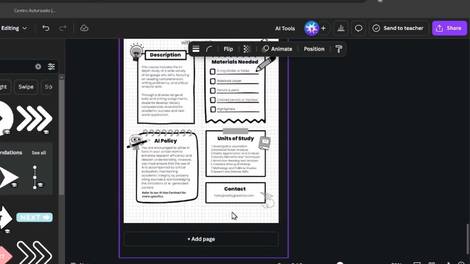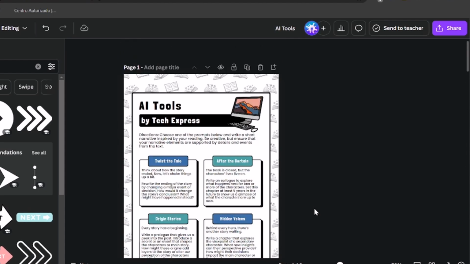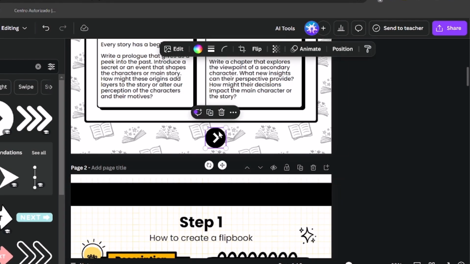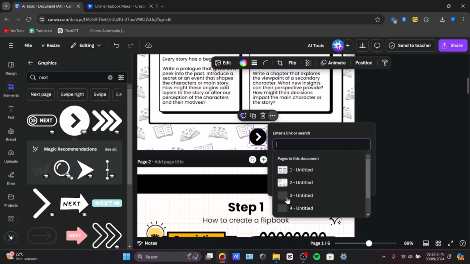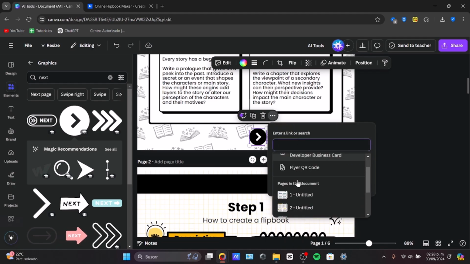So I have here page number 1, 2, 3, 4, 5, 6. Now it is time to give them some animation tools. So let's go and click here into this button, go for the 3 dots, and choose the option that says link. So when it says link, this should be bringing or sending me into my page number 2, my next